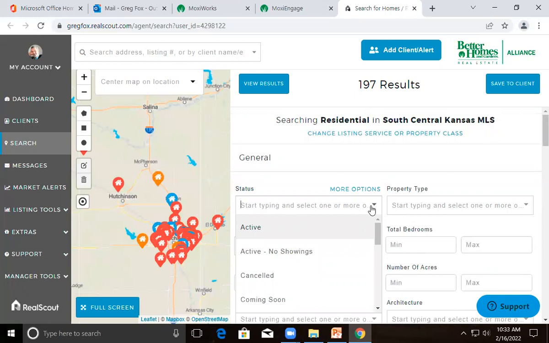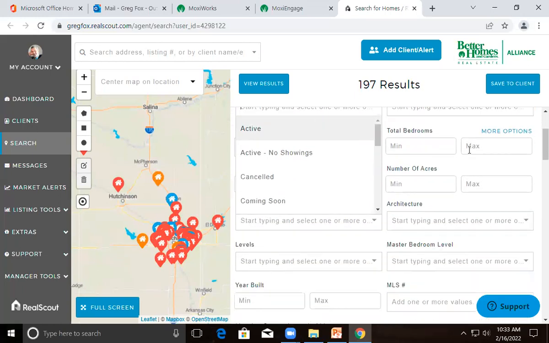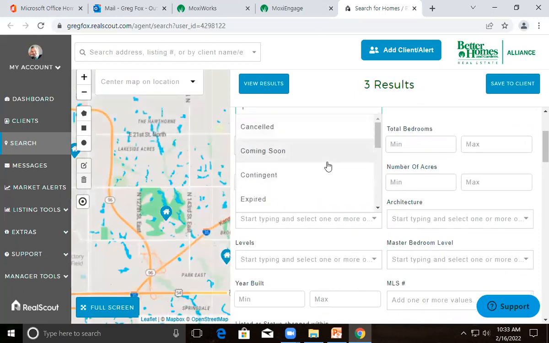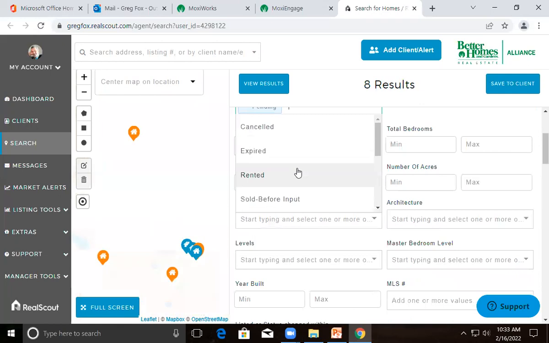This is considered establishing a relationship with a client. When you have a one-on-one relationship, we are allowed to show pendings, solds, coming soons, all of those things. They can look at them if we allow it. So I'm going to let Heather look at actives. I'm going to let her see actives that aren't showing. I don't want to show her canceled, but I want her to see contingents, pendings,